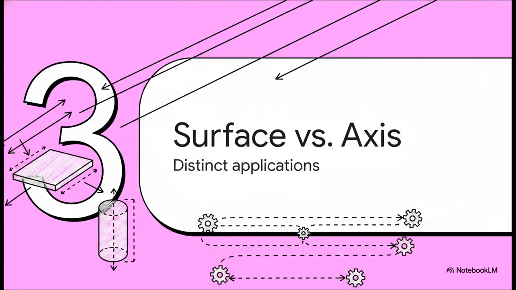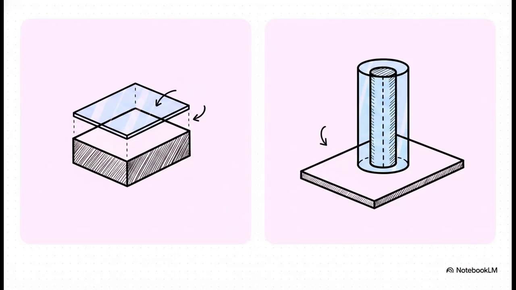Next up, Section 3, surface versus axis parallelism. You know, parallelism is incredibly versatile, but you have to remember that it behaves a bit differently depending on the geometry of the part you're dealing with. Surface parallelism is definitely the most common. It controls the orientation between two planar surfaces, which creates a tolerance zone made up of two parallel planes. Axis parallelism, on the other hand, controls how parallel a central axis is to another feature. We use this for features of size, think shafts or holes. Instead of flat planes, axis parallelism defines a cylindrical tolerance zone, and that entire central axis has to fit perfectly